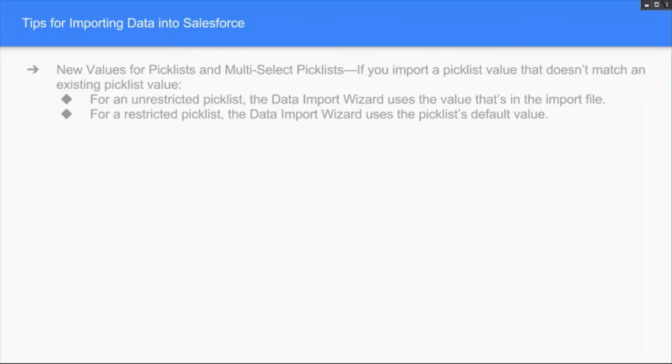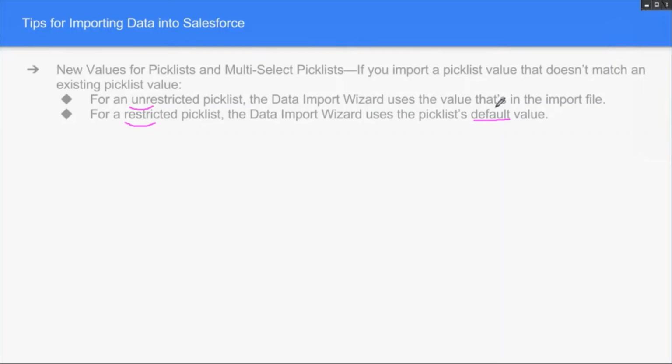All right. So in case there's a pick list field, in a pick list there will be a limited number of options, right? But when you create a pick list field, you have got two options. One is you can make the pick list unrestricted, and one is you can make the pick list restricted. So if it's a restricted pick list and you are putting some new value, it's going to pick the default value of the pick list, because the pick list is restricted. If it is unrestricted, then it's going to create new values there.